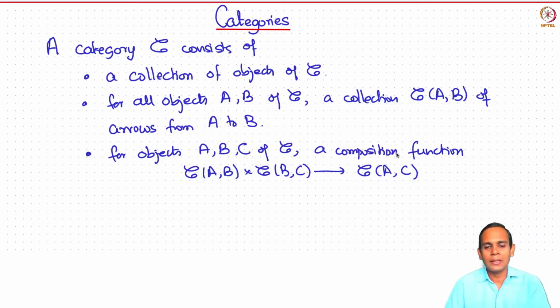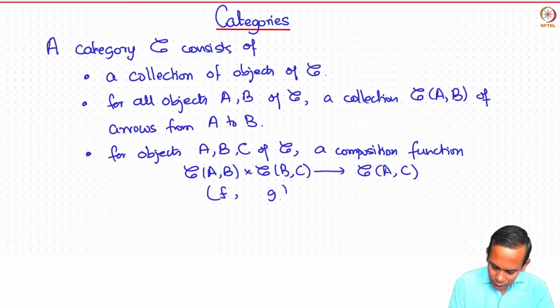And this composition function is supposed to model the composition of functions. So if f is a function from a set A to the set B and g is a function from a set B to a set C, then g circle f would be a function from A to C. So that's the idea behind this, but here it's just an abstraction. So you have given f here and g here, you map it to what is denoted by